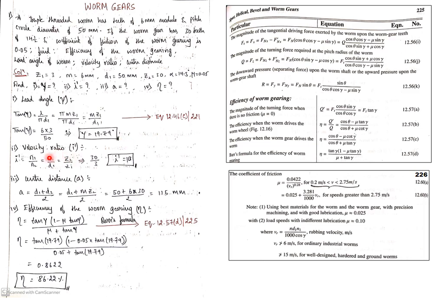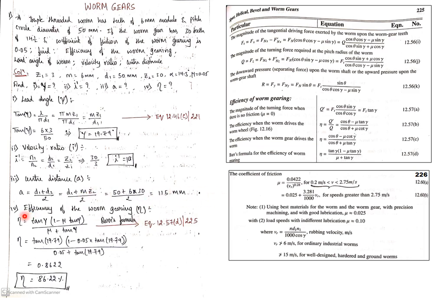Next is the velocity ratio I dash. Here, the velocity ratio is the number of teeth, 30 by 3. That is I dash. Next one is the center distance. The center distance we can take as equal to (d1 plus d2) by 2. Since d2 is not given, you can take it in terms of m into z2, where the module is nothing but the pitch circle diameter divided by the number of teeth. With just these modifications, we will get the center distance.